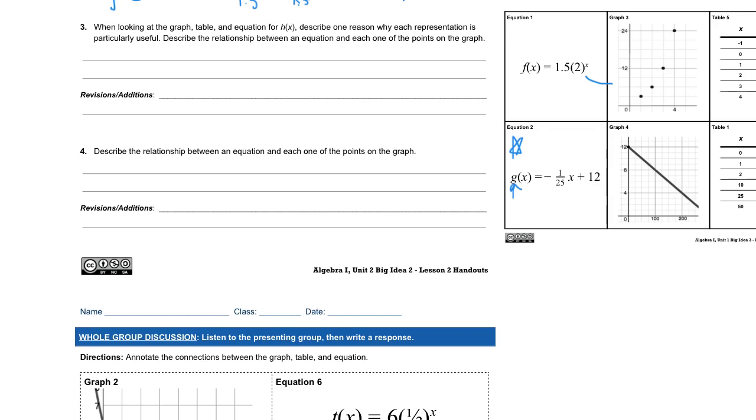If we just look at the graphs for f and g equations over here, the graphs give us the overall feel for how the relationship is changing between x and y. So graph will give you an overall vision